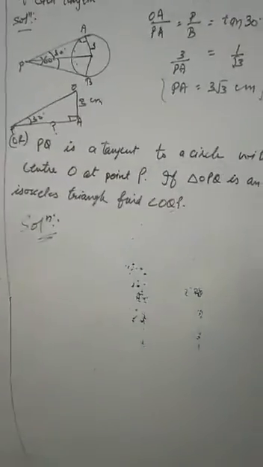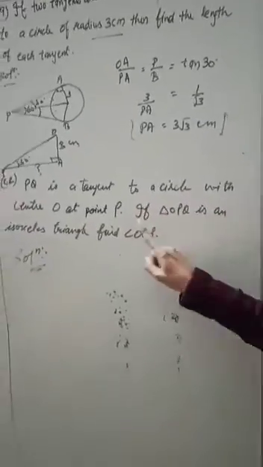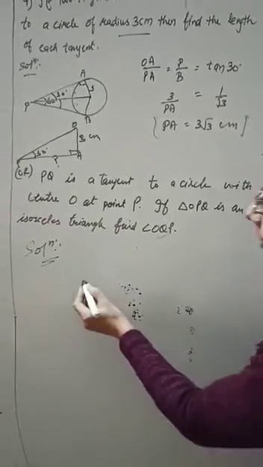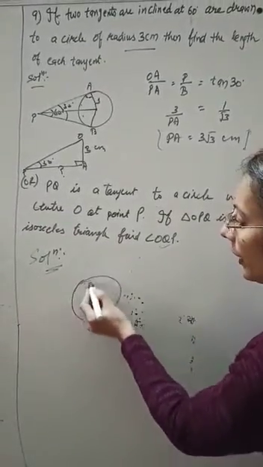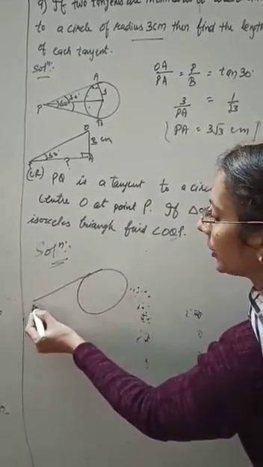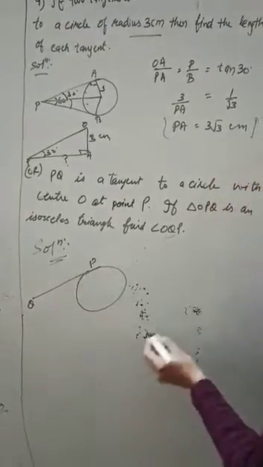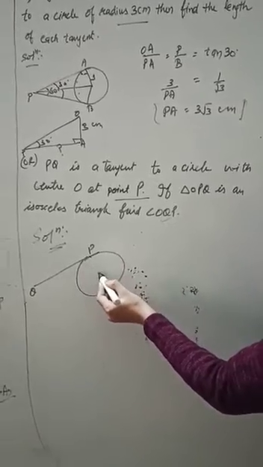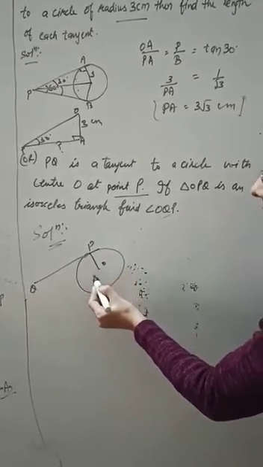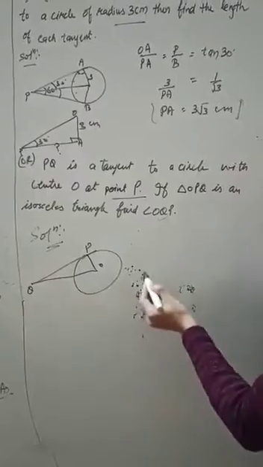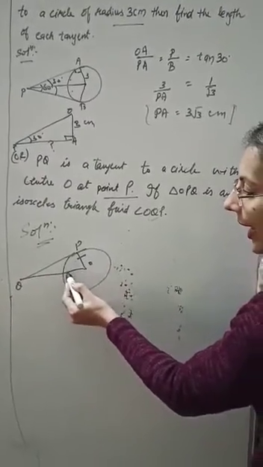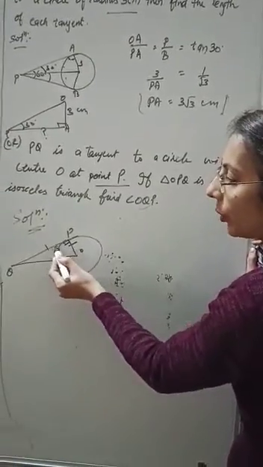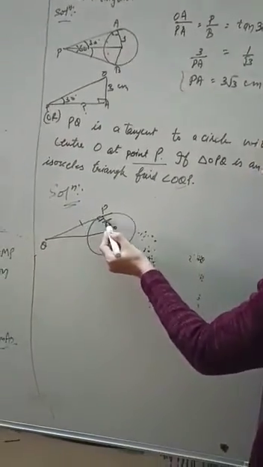Last question. PQ is a tangent of the circle with center O at P. If triangle OPQ is an isosceles triangle, firstly we make a circle having the tangent PQ. They are saying at P it is a tangent, so it is the point of contact, and here O is the center. They are saying it is an isosceles triangle. This means perpendicular and base will be equal to each other. Always the perpendicular and base are equal whenever we are given an isosceles triangle.